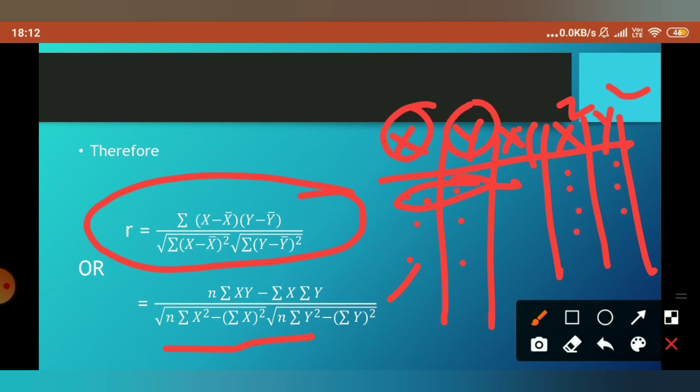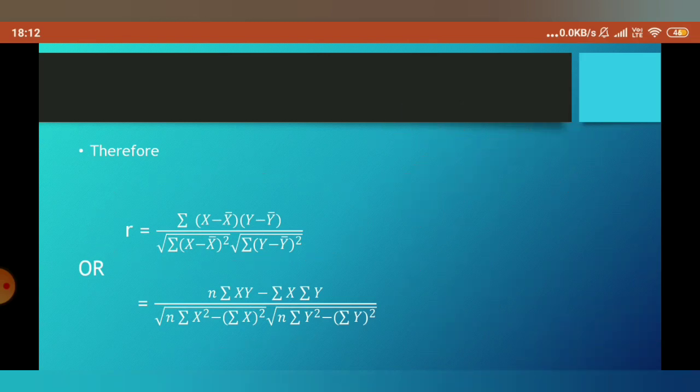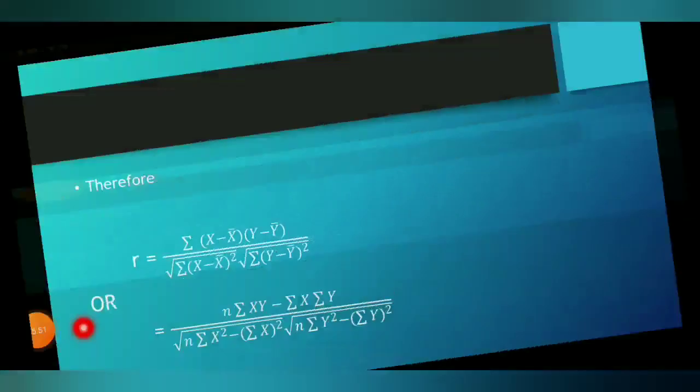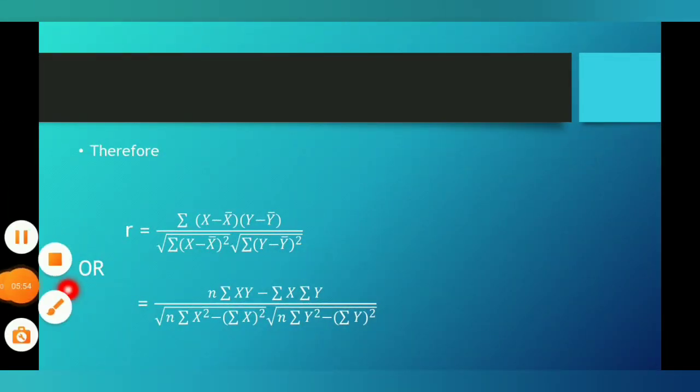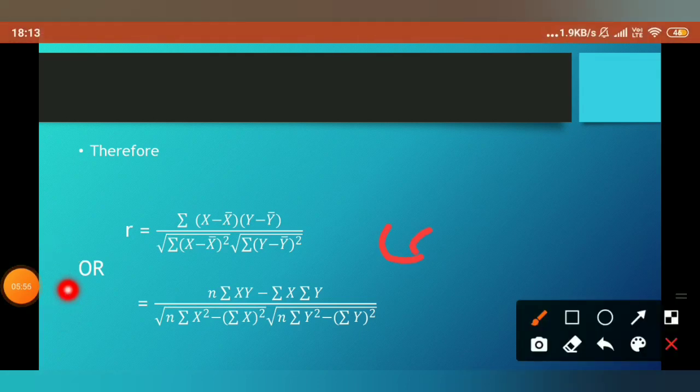So you will complete this table and add all of these, which will give us the sigma values, sigma x, sigma y, and so on. You will put all these values here and calculate this. Because it contains so many values, it may seem difficult to calculate, but don't worry, use of a calculator is allowed.